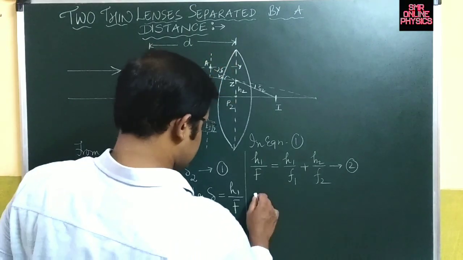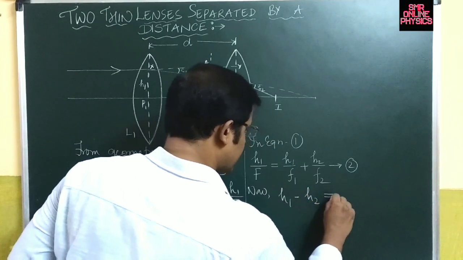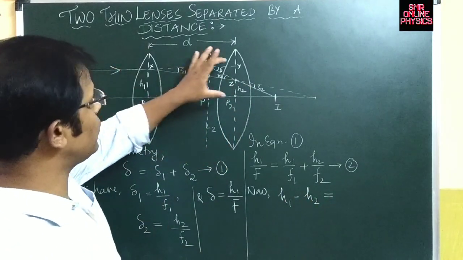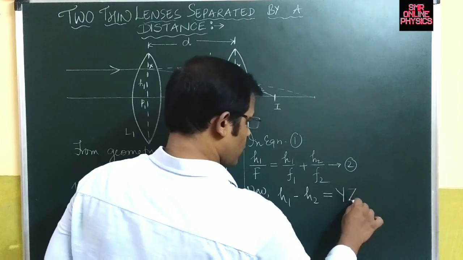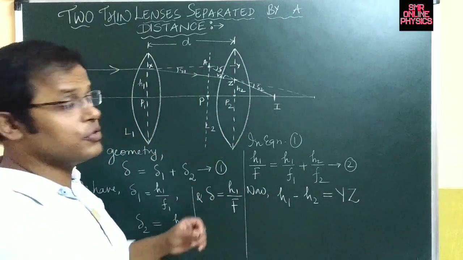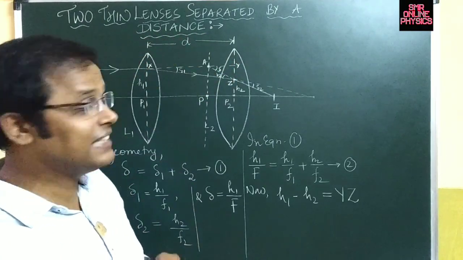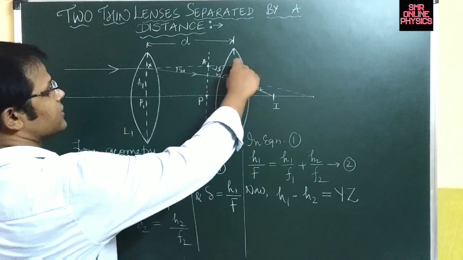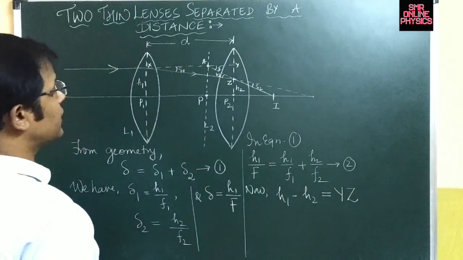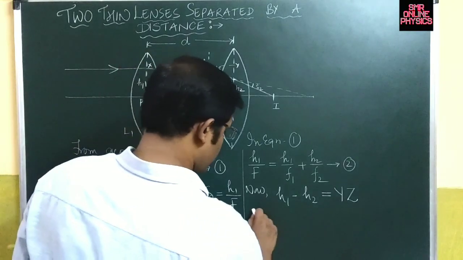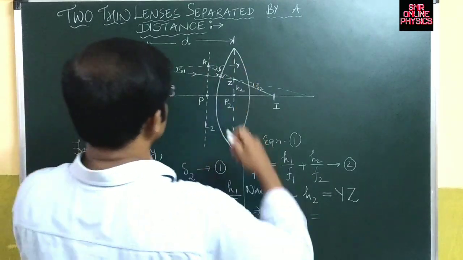You can easily see that now I shall write it quickly. What is h1 minus h2? Check once quickly. This is your h1, this is your h2, so I will be left with this part that is equal to YZ. So what is YZ from the geometry? If you see carefully, YZ forms a small, long, elongated right angle triangle. So this is your perpendicular side, this is your base side, which is XY. We know the value of d, that XY is d. So I can easily write that h1 minus h2 is equal to XY